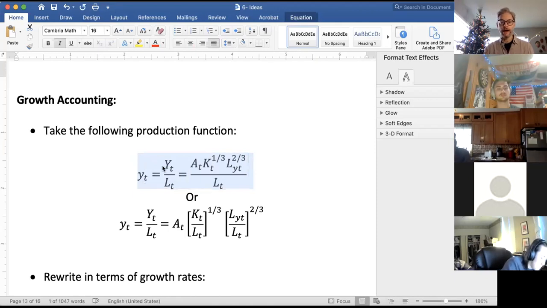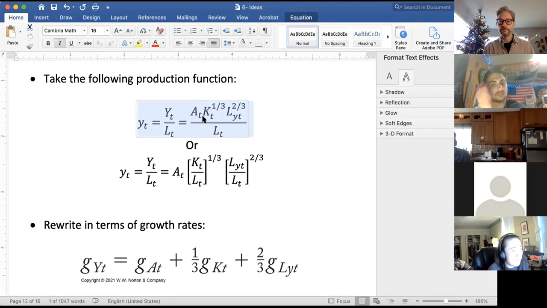Okay, so output is equal to A, which is productivity, K, which is capital, and then LY, which is labor devoted to producing output. And then I'm going to divide this by L, which is the population. Okay, so notice here there's a difference between LY and L. L is the entire population, and LY is the percentage of the population that's devoted to producing output. Okay,